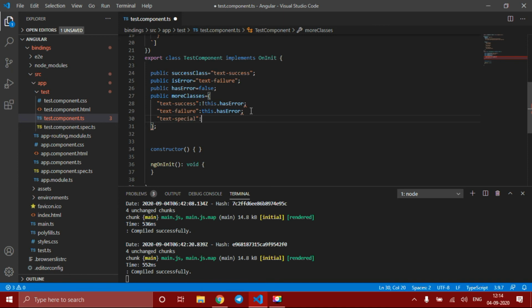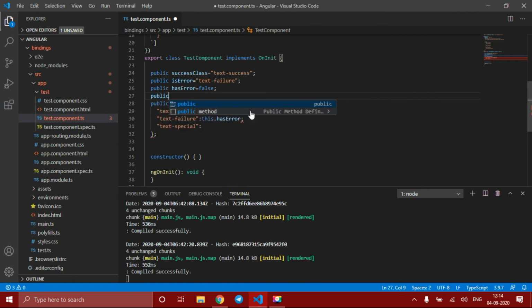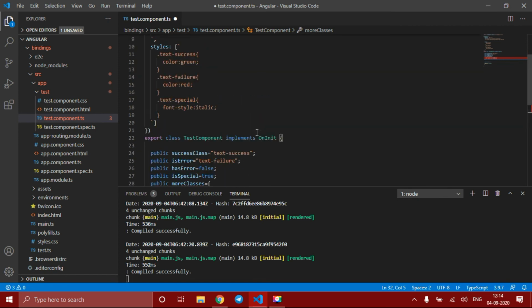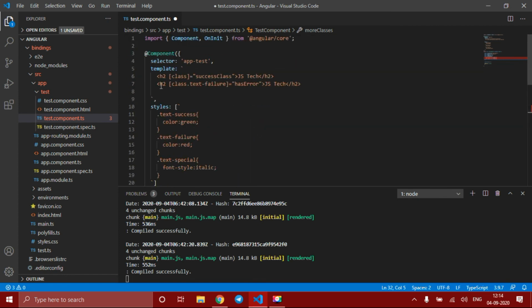For this, let me create another property for toggling the special class also. Public isSpecial. My isSpecial property is true now. So we have created a property which has multiple classes. Now we shall apply this to our tag. Let me create a new tag.